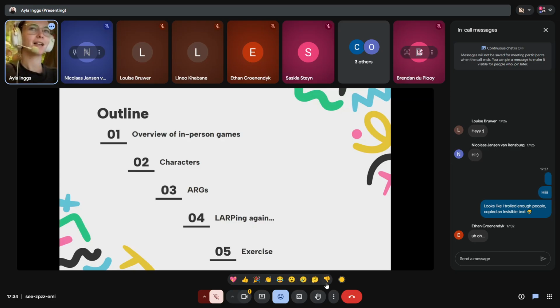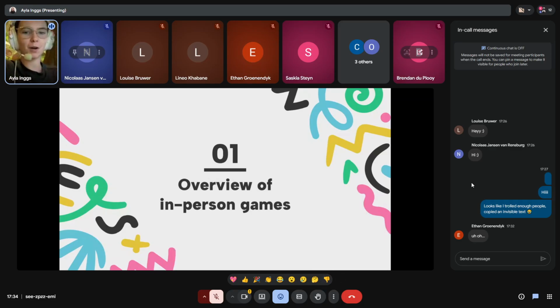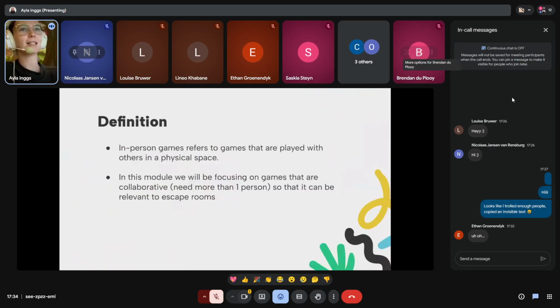All right. So to get started, we're going to go over what an in-person game is. Basically, an in-person game refers to a game that you play with other people in a physical space. So you have to be in the same space, the same vicinity, not like an online game. It has to be within the same physical realm. In this module specifically, we'll only be talking about the games that are collaborative, so games that have more than one player.